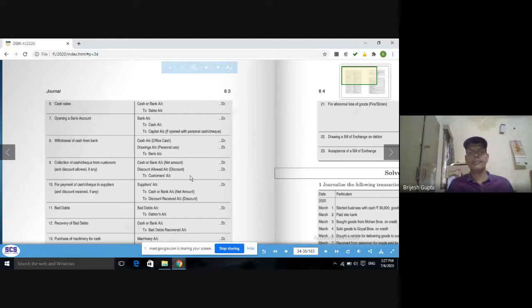Credit sales, next entry for credit sales of goods. In credit sales, what is happening? Because it is not a cash sale, cash will not come. But we have to get the right to receive from some person. That is the customer. So customer's account debit. Customer is a debtor, isn't it? You gave the definition when you explained who the debtors are.